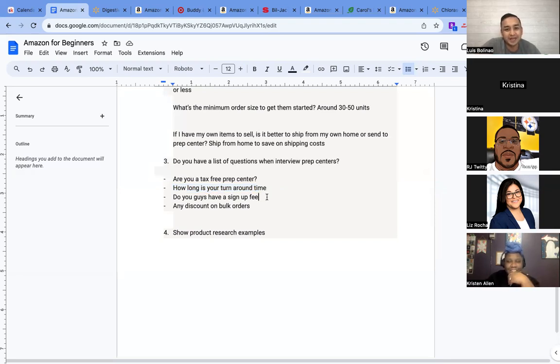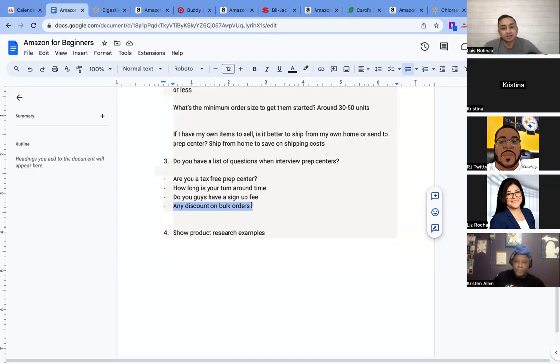Some prep centers have a sign-up fee and some don't. I've seen prep centers charge at least like 200 to 1,000 for sign up, and some are free. So if you can find a prep center with no sign-up fees up front, that's better, right? I would also ask if there are any discounts on bulk orders, because as you scale your business, it's good to have extra discounts, and that way you keep more money